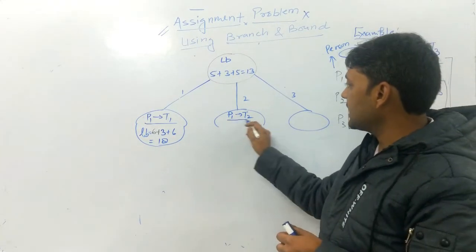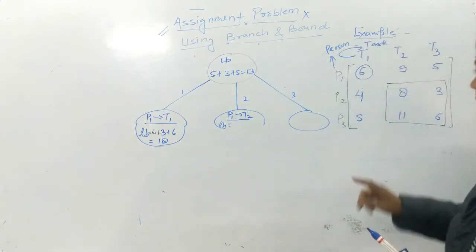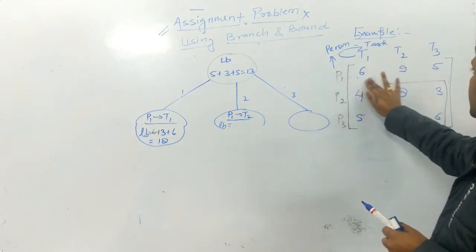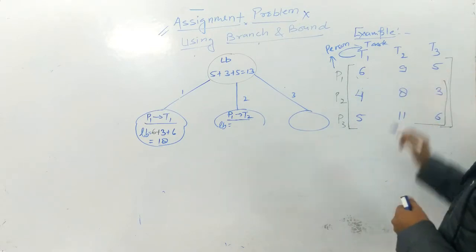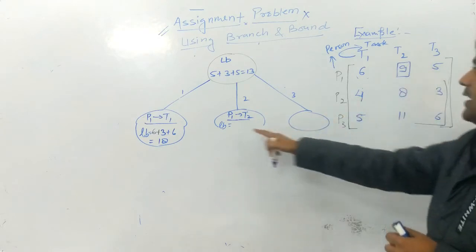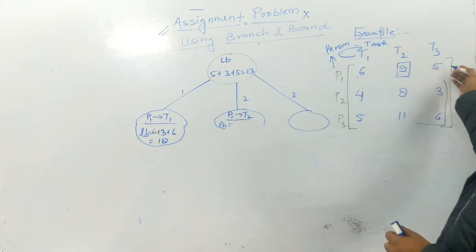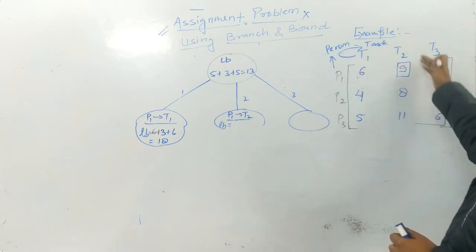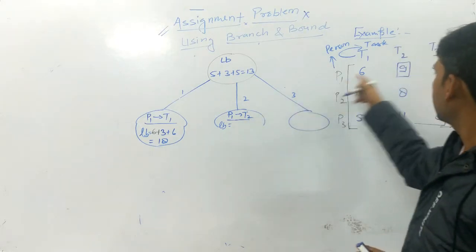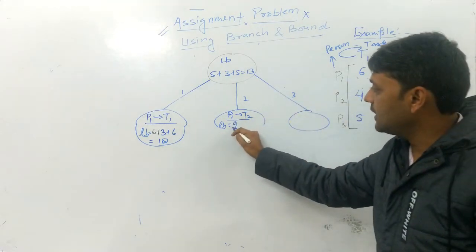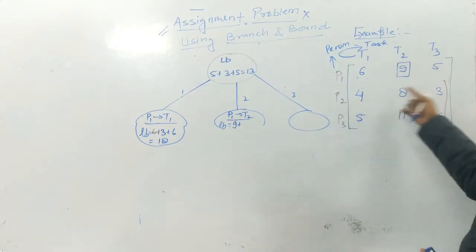Then you have to check here what is the lower bound value. So how can it be checked? This is free, and then what is the bound here? Here bounding, this is T2. P1 is performed T2. That means this row and this column are fixed. This value is 9, plus this column is fixed. Then this is free and this one is free.